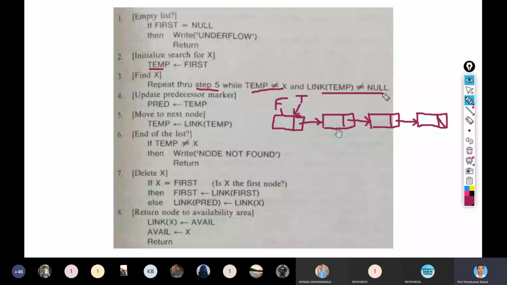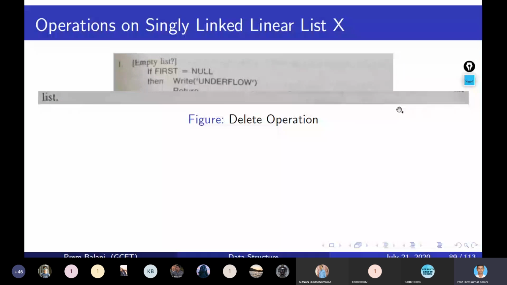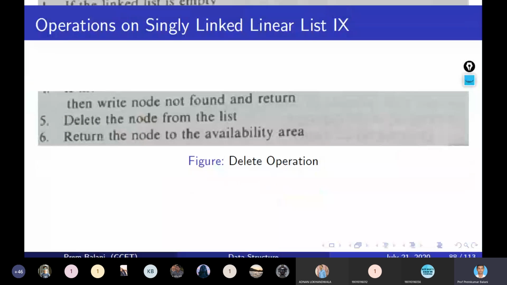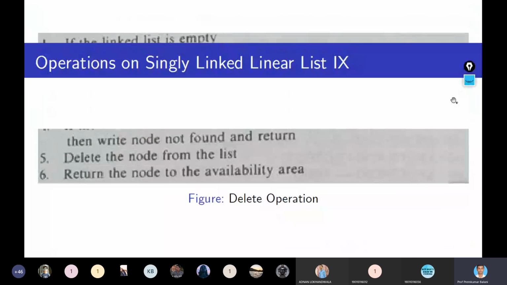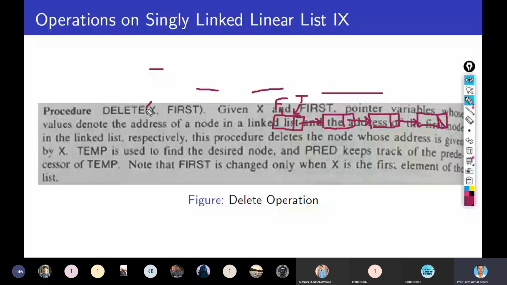Yeah, this X is not the information. I made a mistake. I told you that I want to delete a node whose information part is X, but actually X is the address of the node to be deleted, right?